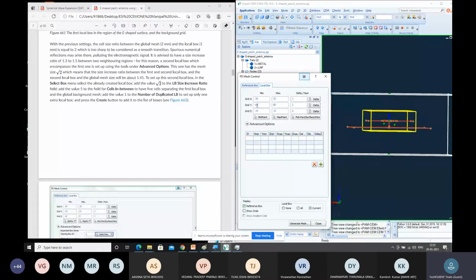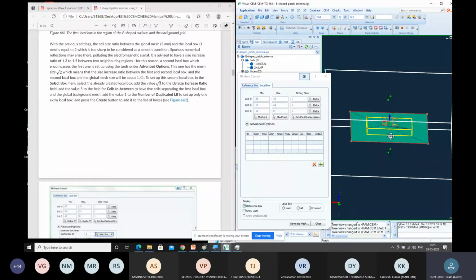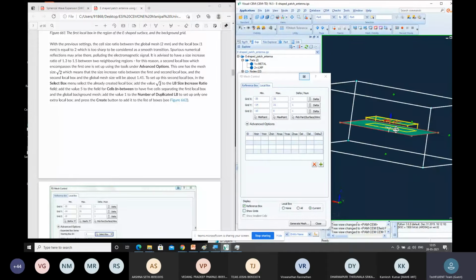Similarly, minus 14 to plus 31 with the delta spacing of 1. Similarly, this one is minus 10 to 0 with the delta spacing of 1. So this is completely constrained on the E-shaped element. Whatever E-shaped element you have, we are completely concentrating on it.